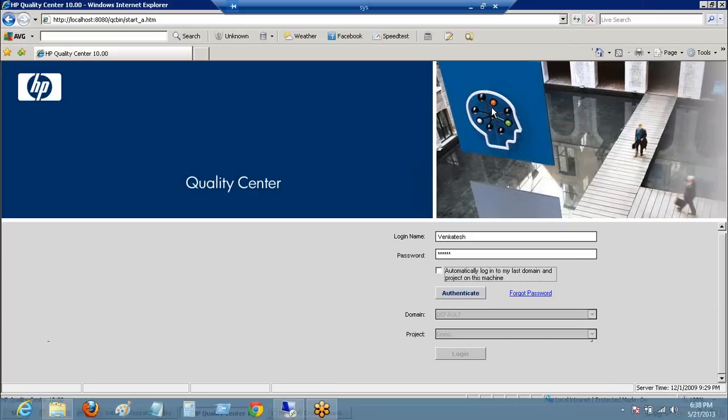Now, names for QC. From the latest version, it is called ALM. From QC 11, the Quality Center name has changed. Now it is ALM, that is Application Lifecycle Management. So from the 11th version we are calling it ALM, but still people say Quality Center. Now what we are discussing is the 10th version. But you have to note that